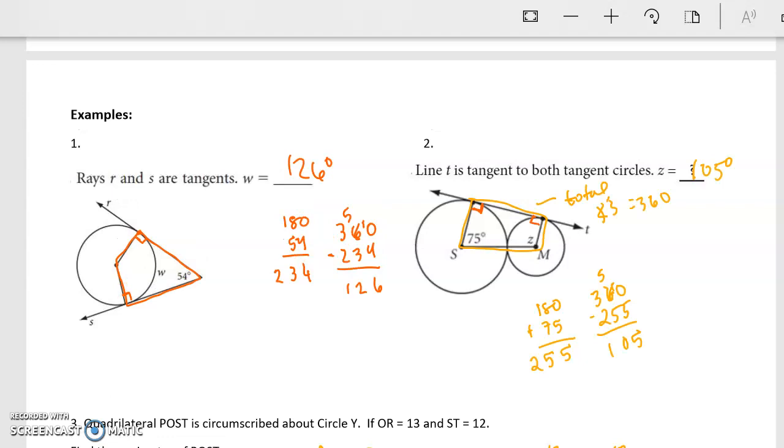The second example is very similar to the first one. Turns out we have a quadrilateral here, and these two angles have to be 90 because of radii being tangent. And then when you add up the measures you have and then subtract from 360, you get 105. This next one